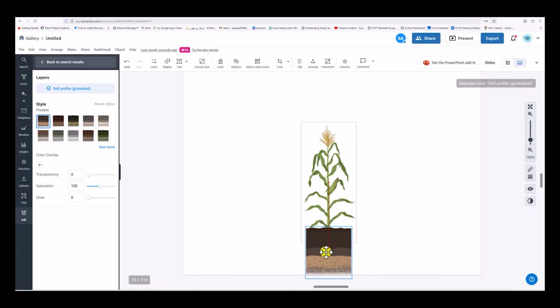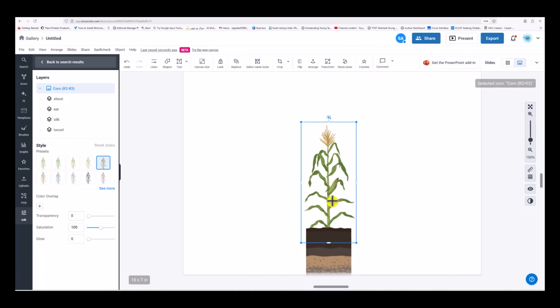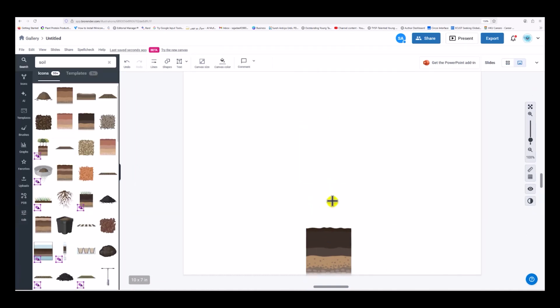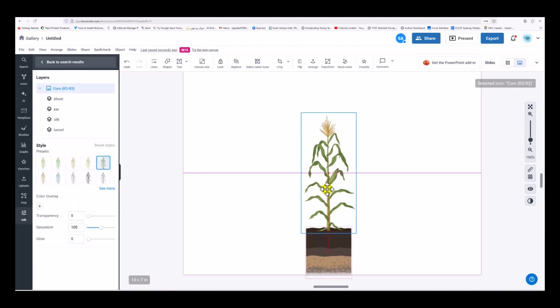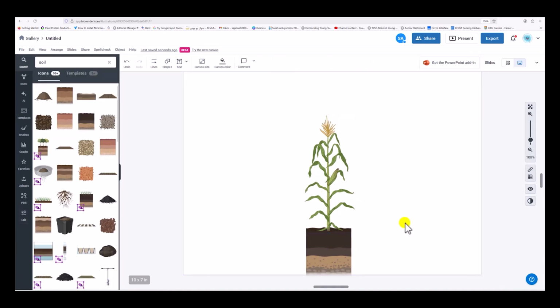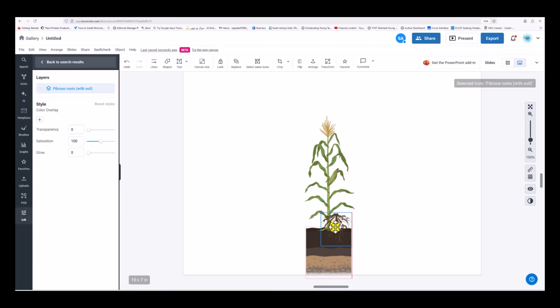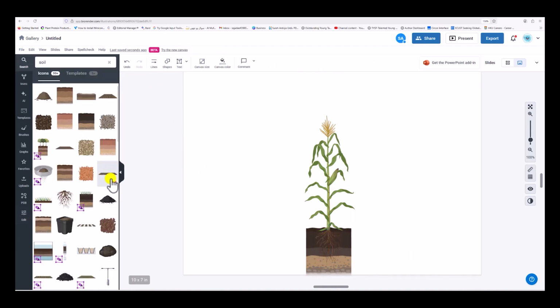Okay. So now I will cut here, and I will again paste, so it will look like this. Because this plant doesn't have roots, that's why we can put it like this. For example, if we need some root structure, you can also keep the root structure here like this. Okay, it is very easy, you can get it.